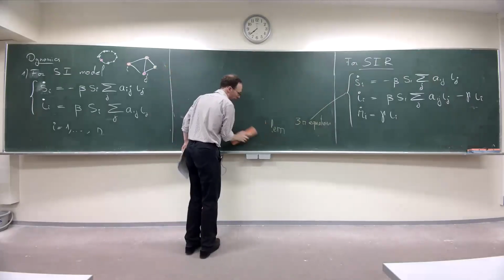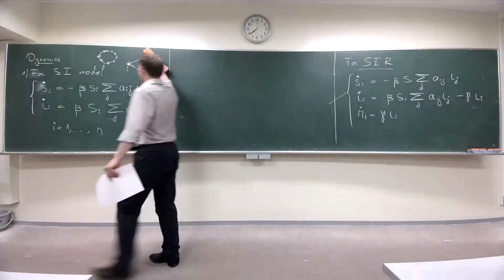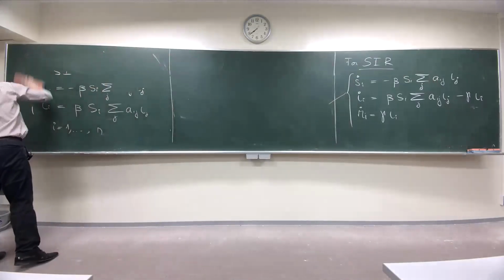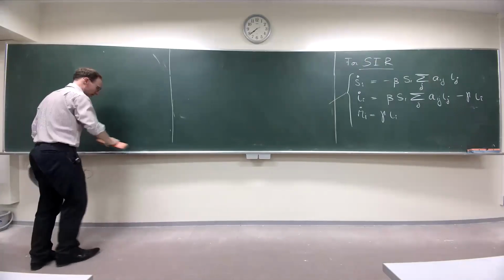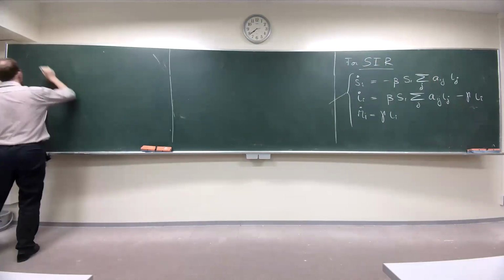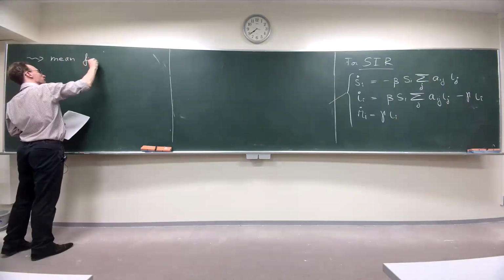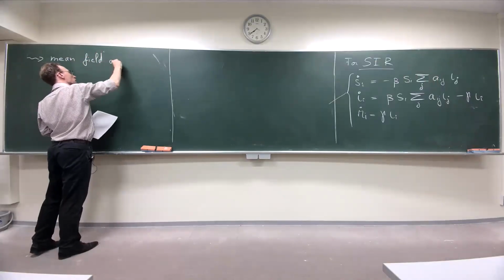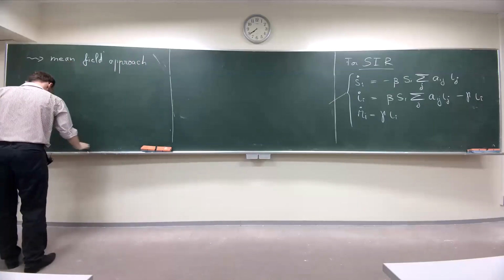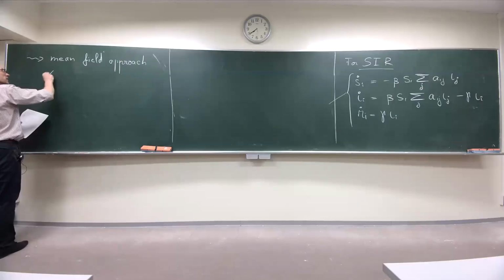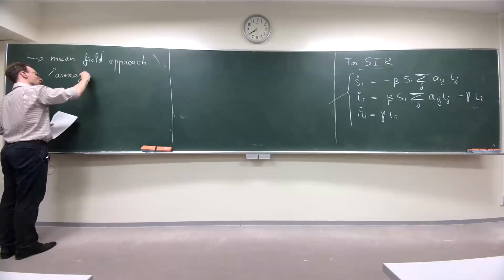But as I said, very quickly, you end up with a big set of equations. So there is, and this is the final subject, one approach which is called the mean field approach. So I'm going to mention this. One way to solve this is called the mean field approach. It's an approximation, but we will see in which sense. It's in a sense an averaging process.